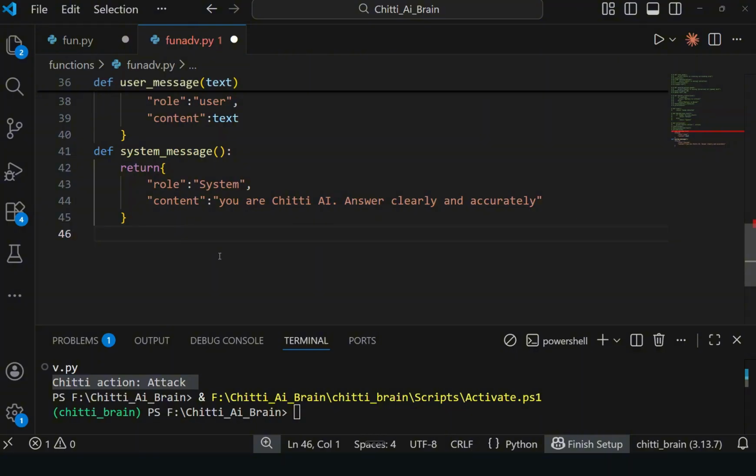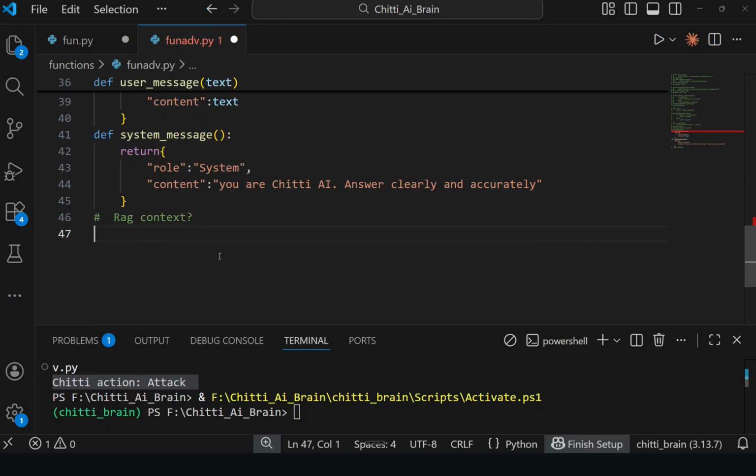And while coming to the RAG context, what to do in the RAG context? In the context message, like documents, when it is reading the documents, how will it read? Line by line and page by page, right?